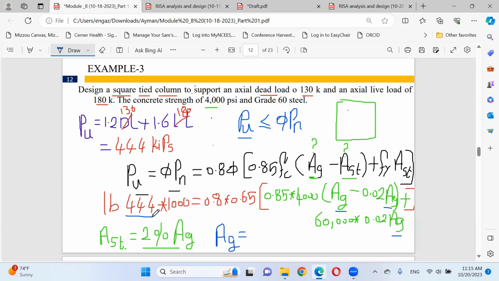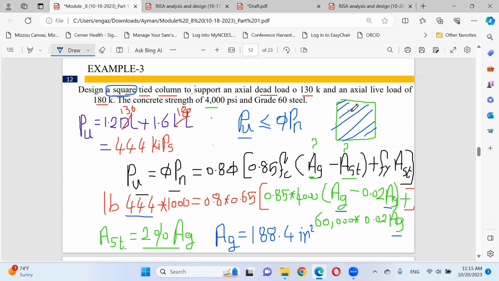I got 188.4 inch square. So I need to provide a square cross-section based on the given information.